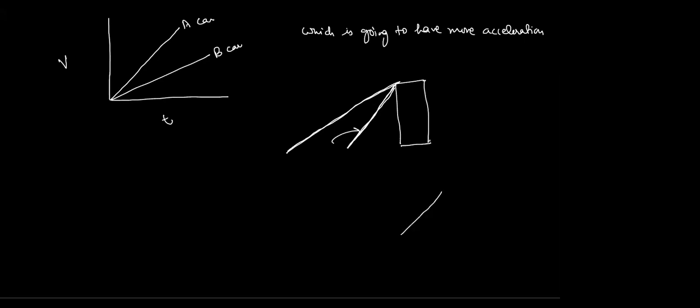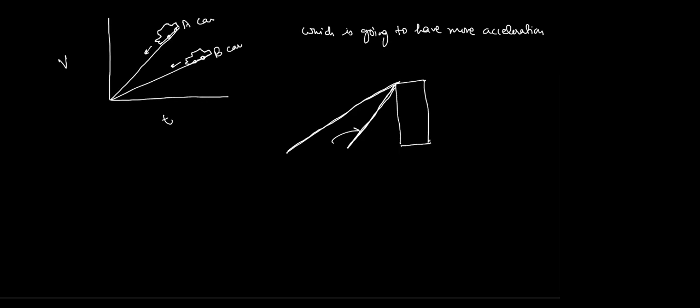Take a mountain, and there is another mountain. Which one do you think is more slopey? This one will be considered more slopey, because if you release a stone from here, it will move with a higher velocity compared to this one. In a similar way, if there are two cars and they are coming down, which one will come down at a faster rate? Car A will come with a faster rate because it is more slopey.